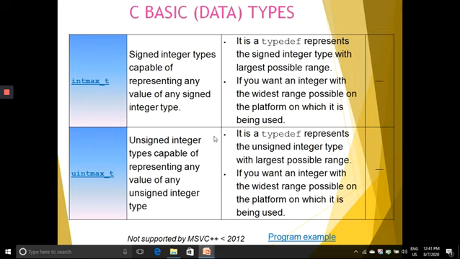And uintmax_t is an unsigned integer type capable of representing any value of any unsigned integer type. It is a typedef that represents the unsigned integer type with the largest possible range. If you want an integer with the widest range possible on the platform on which it is being used, uintmax_t and intmax_t are typedefs representing the signed and unsigned integer types.